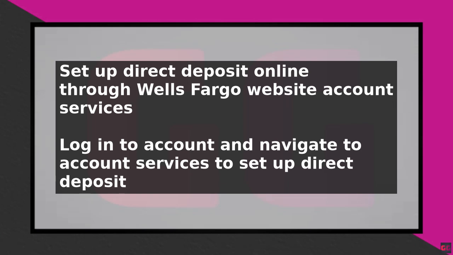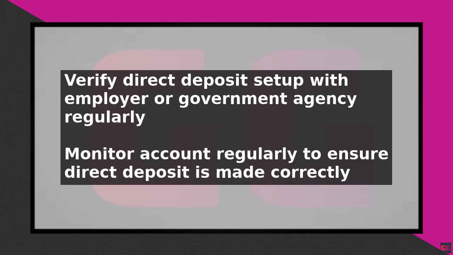It is a good idea to verify with your employer or the relevant government agency that your direct deposit has been set up correctly. You can do this by checking your account statement or contacting the agency directly. Best practices for setting up Wells Fargo Direct Deposit include double-checking your account information to ensure it is accurate, keeping your account information up to date, and monitoring your account regularly to ensure that your direct deposit is being made